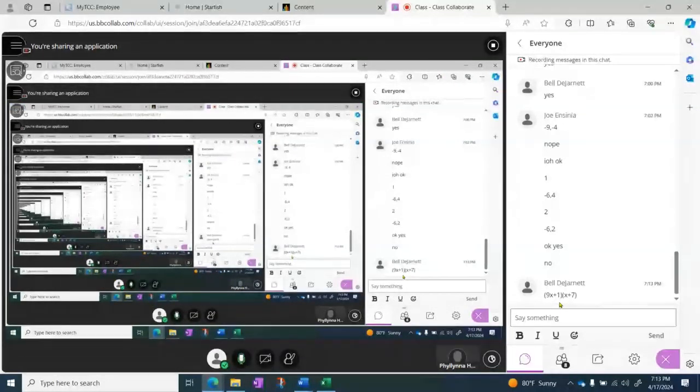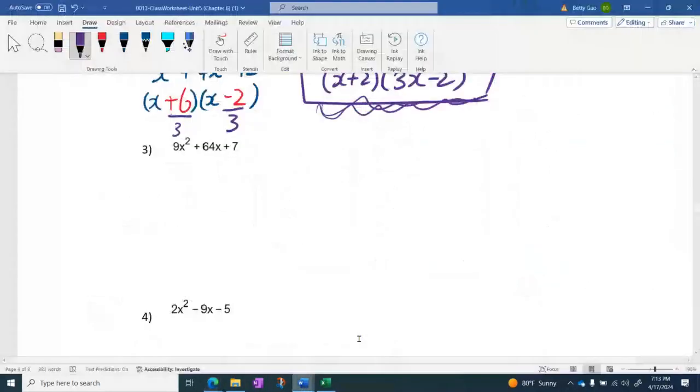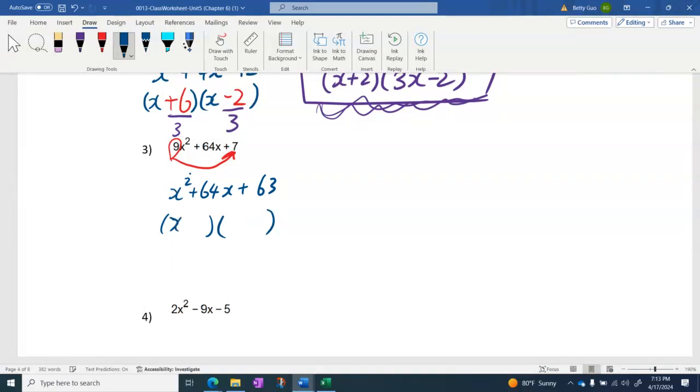Belle has 9x plus 1, x plus 7. Well, I have to do it first. Very fast. Let me double check. So we slide this to create a new trinomial, x squared plus 64x plus 63, and then we use the shortcut method to factor it, and we have